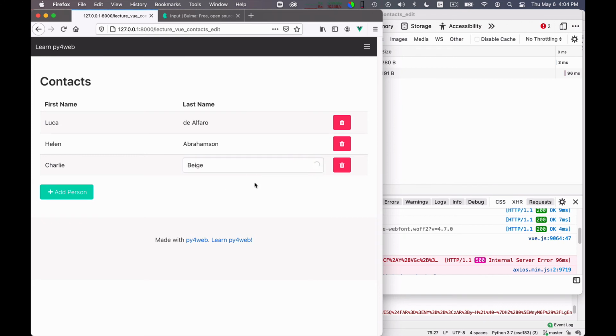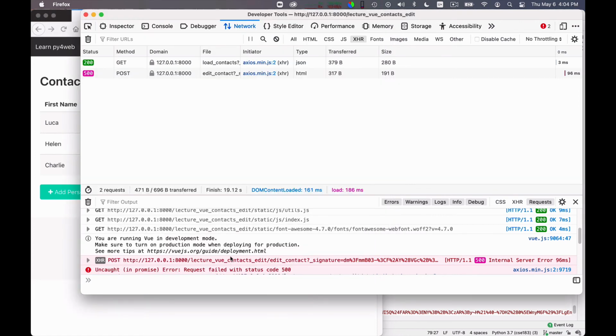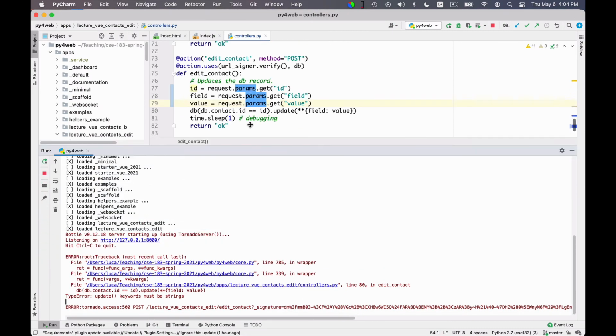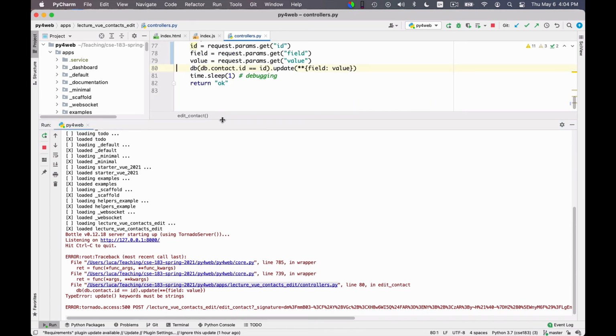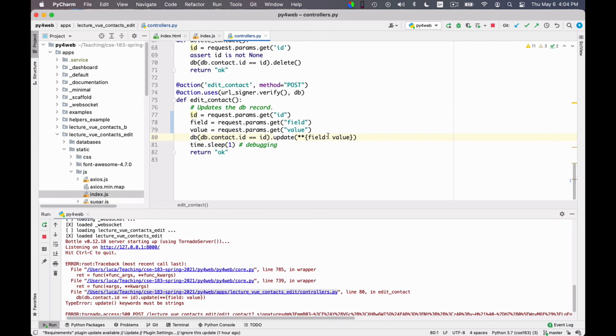Why does this spin forever? Internal server error. Uncaught promise due to the state of internal server error. Then you need to look at your server. Update. Keywords must be strings. And you may go crazy for a while looking for the error, because you wonder why a keyword needs to be a string. A good way to debug these, if you really fail, unfortunately it doesn't quite work to put a breakpoint in PyCharm. This is unfortunate, I couldn't get this to work. So I have to debug the good old way using prints.